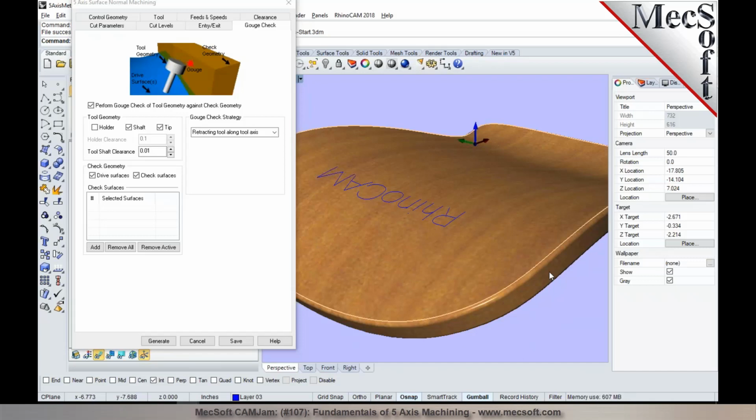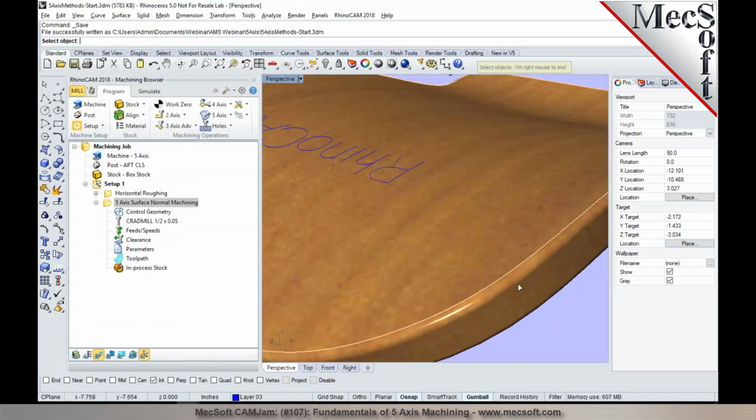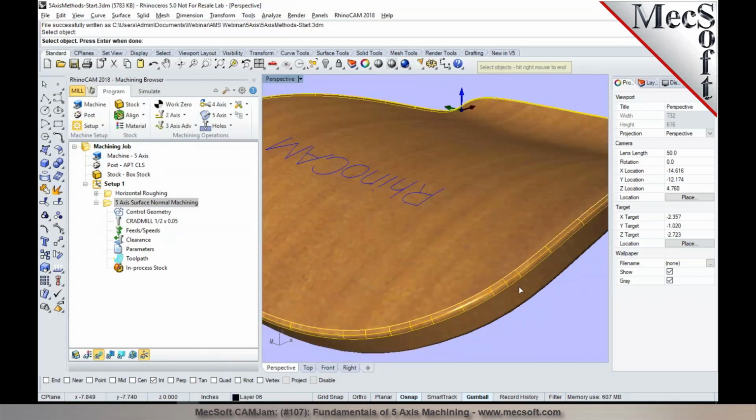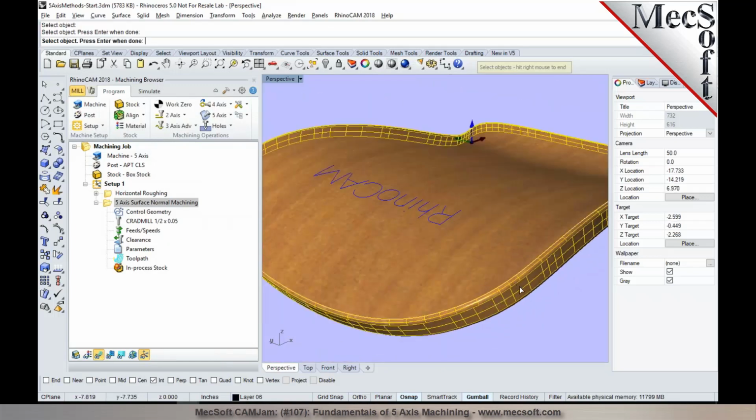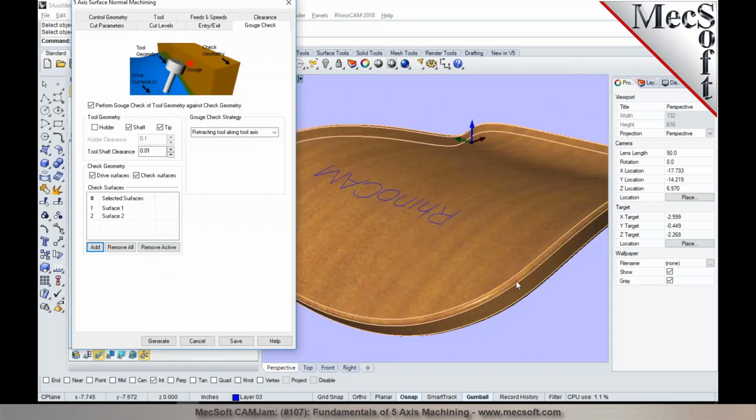So you want to make sure that it doesn't gouge into the adjacent surfaces. And if a gouge is detected, what you would like to do is what you specify under a gouge check strategy in here. So in this particular example, I'm going to go ahead and say add, and I'll pick these radius fillet surfaces in here. And I'm going to apply these two as the gouge check surface. I would want to make sure that these surfaces are not being gouged as I'm trying to program the top